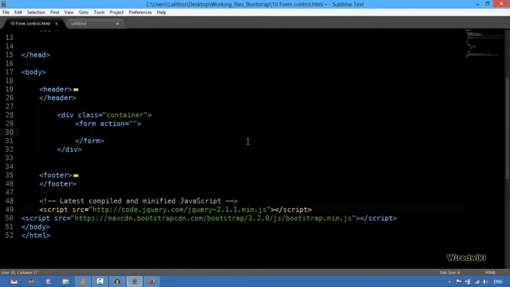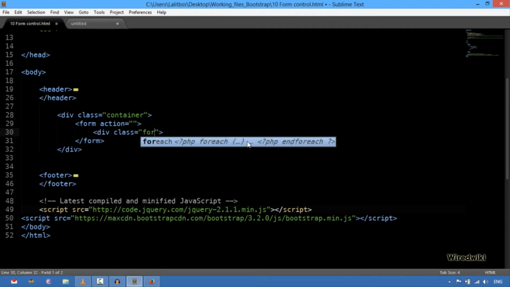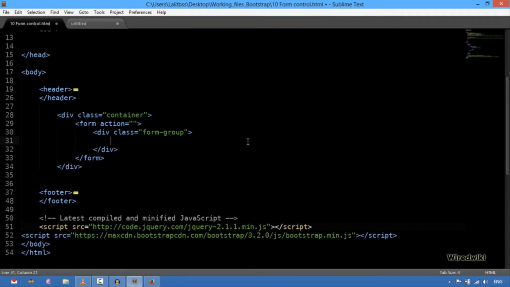So every form and its label should be in a div tag with a class of form group. It ensures the proper spacing and all. So I'm going to create a div with a class of form group, and inside this I'm going to put my label and the text. So for label I have label tag